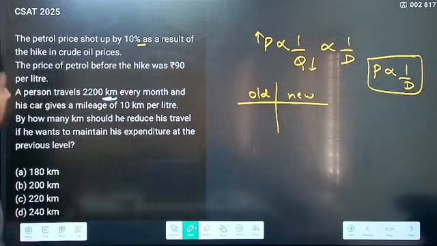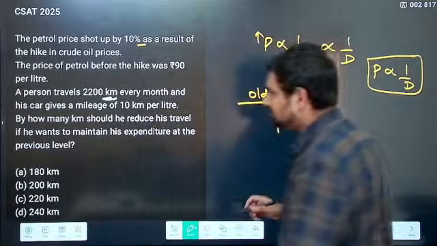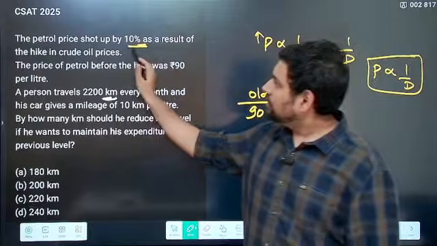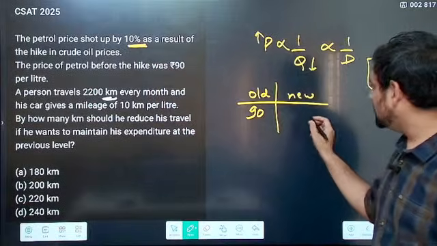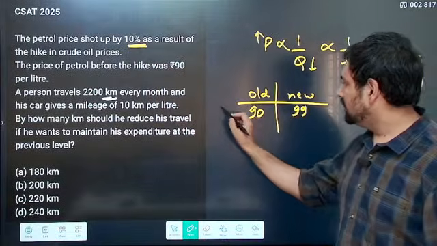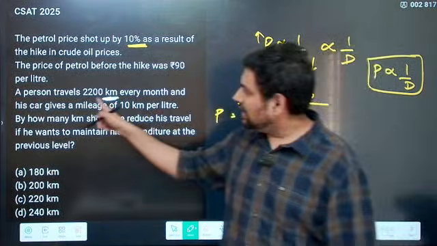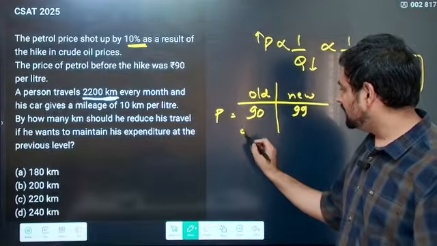Okay, what was the old price? The old price was 90. What is the new price? New price is shot up by 10%. So new price becomes 99. This is price. Then if you see what was the earlier distance he was going, so earlier distance that he